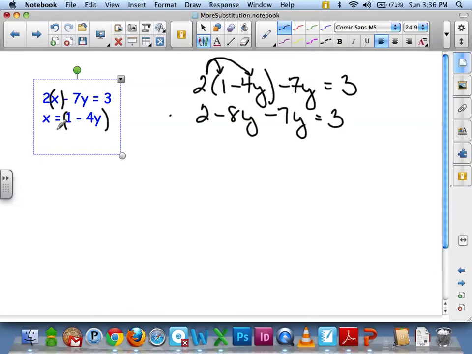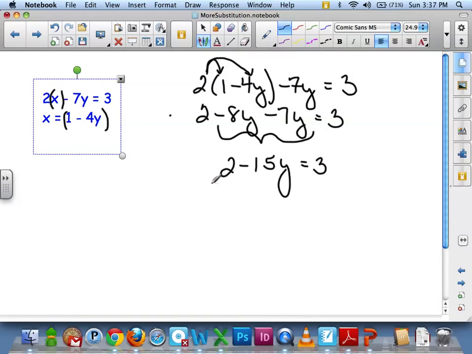Right? So just going back, we just plugged in 1 minus 4y into that x. We then distributed everything out. Okay. So if everything looks like I watched my signs, I'm going to combine my like terms. So negative 8y minus 7y, that is negative 15y